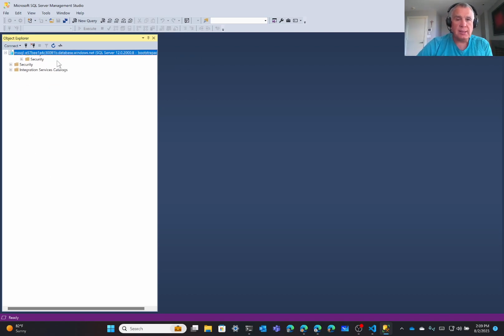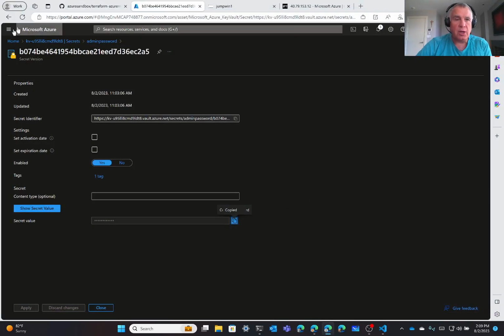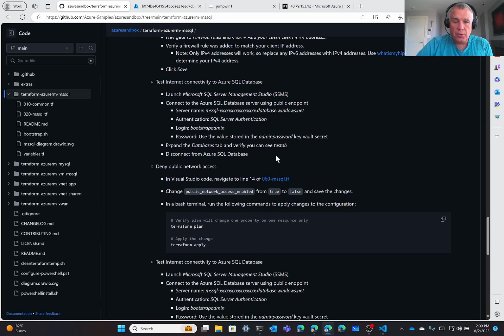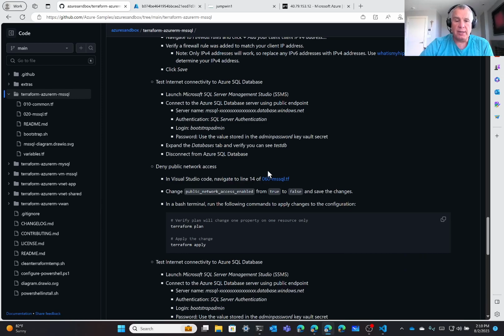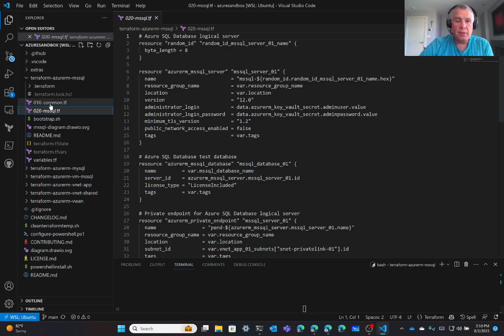So we'll go ahead and disconnect from this. I'll drop out of SQL Server Management Studio. So we're going to actually make the change using Terraform and have Terraform disable that connectivity. So if I pull up Terraform,